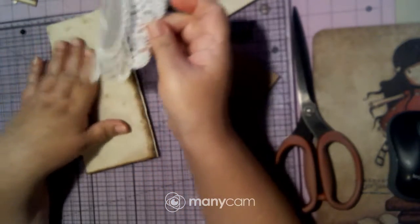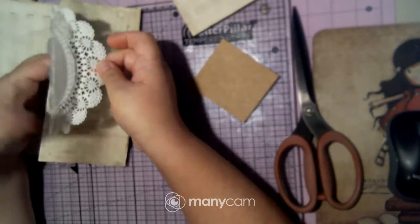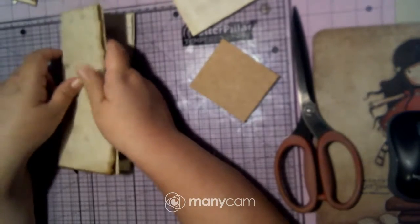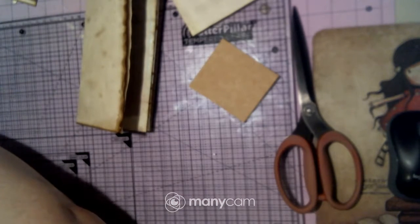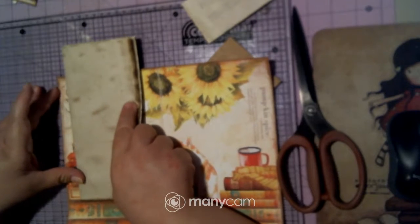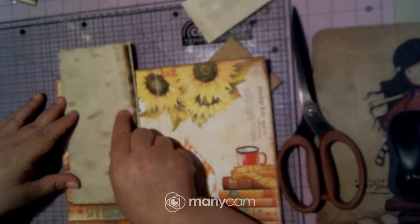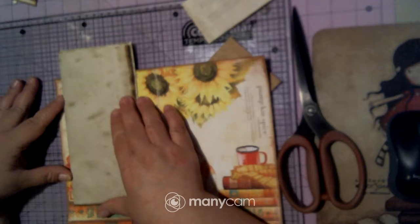Okay, and I'm going to make a pocket so we can have an add a page and a pocket. And I think I will use this one because it's so pretty. So I really want that autumn, as much of that autumn as I can use. So I know I'm not going to get it all, but I'm going to get the general gist of the autumn in there. So